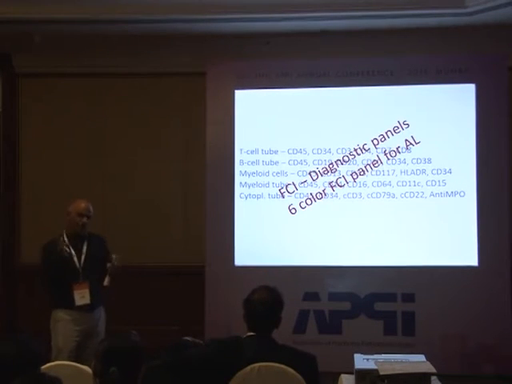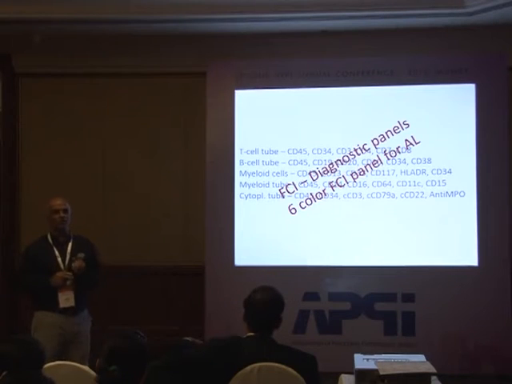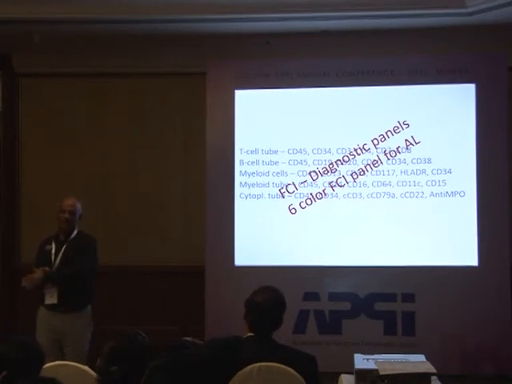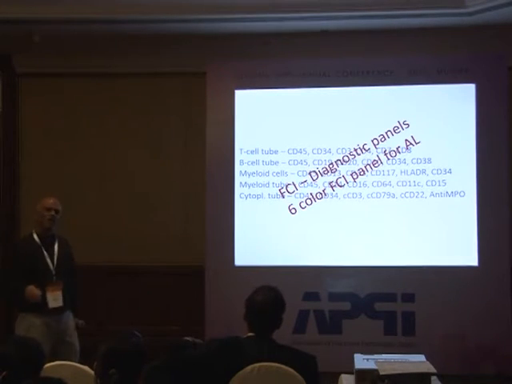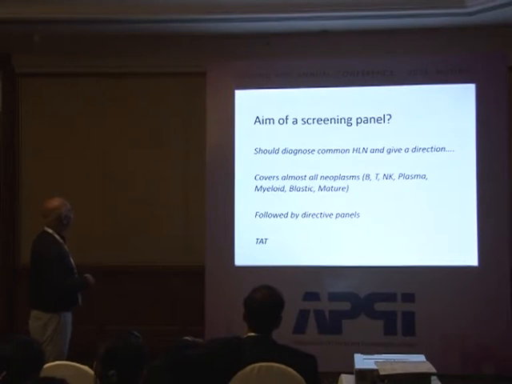And once we have screened, then we can go to the further specific tubes, whether it's a blastic lymphoma, a mature lymphoma, or an AML. Sometimes you can get myeloid sarcomas also. Then we do specific tubes. So we have a T tube, a B tube, we have 5 tubes for all lymphomas. And then we have these panels.